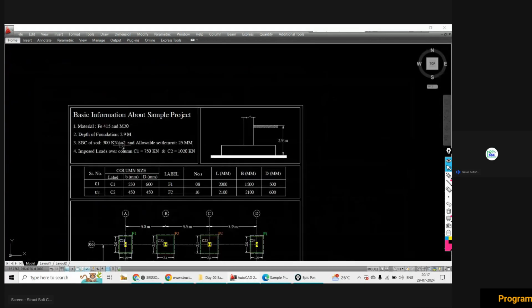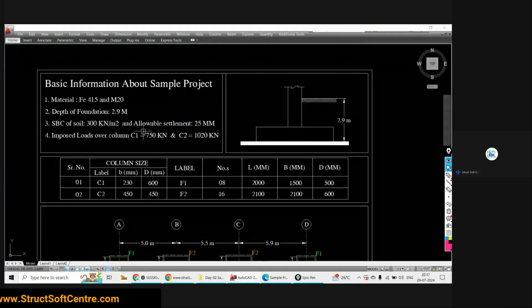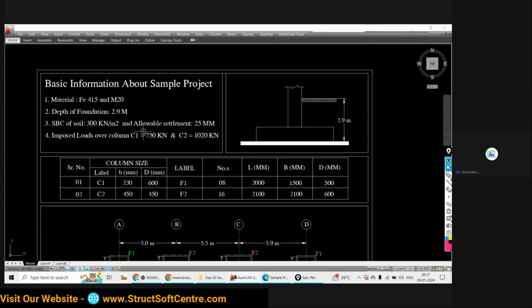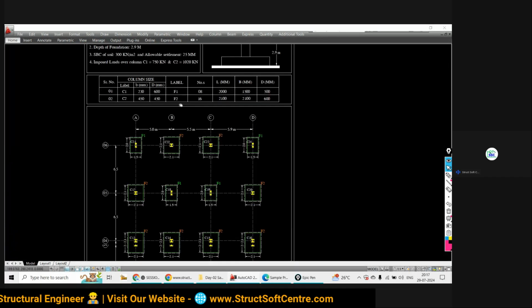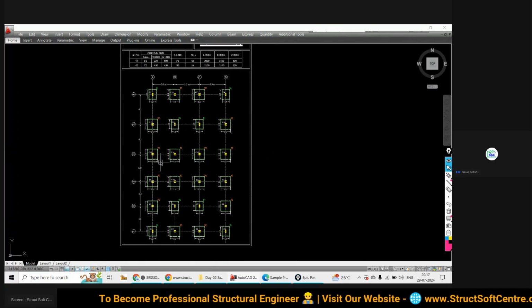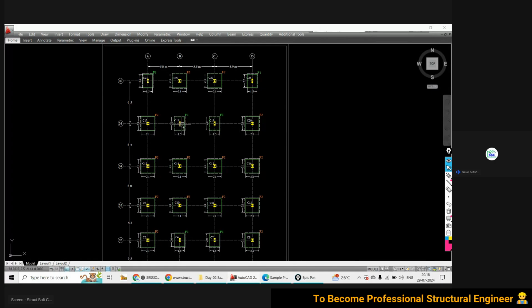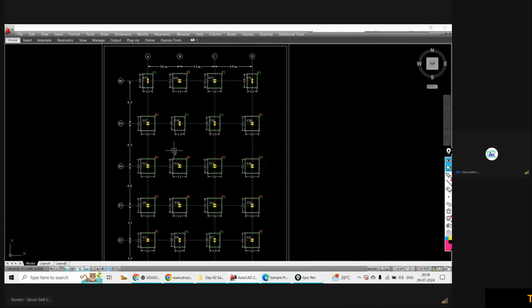So all the data are given. In respect of all this given data, we need to create this model in the ETABS, in this CSI SAFE software. Then after that we have to assign the load, then perform the analysis, then do the design, and prepare the schedule for these.